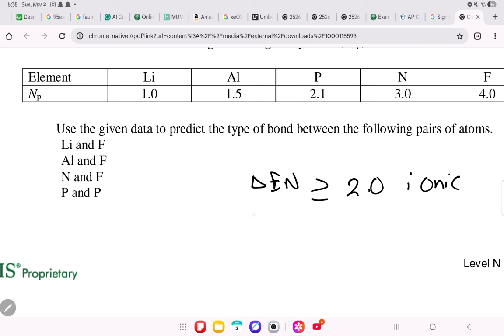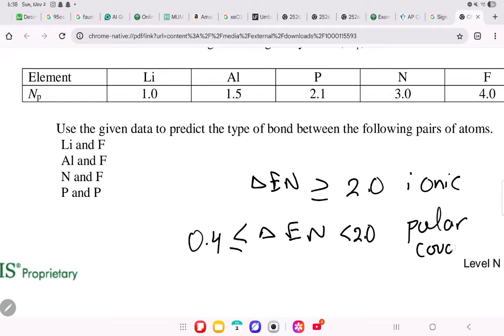If delta EN is greater than or equal to 0.4 but less than 2.0, then it's polar covalent. If delta EN is greater than or equal to 0 but less than 0.4, then it's non-polar